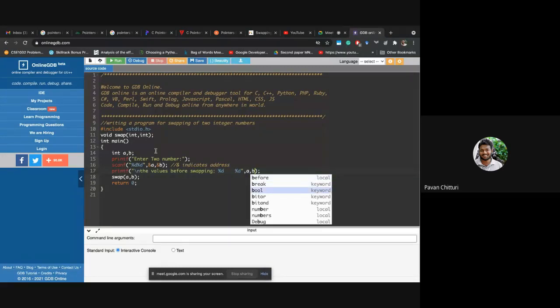So I have done this. Now I'm writing my swap logic, which has to be written in a function of void type but with parameters.